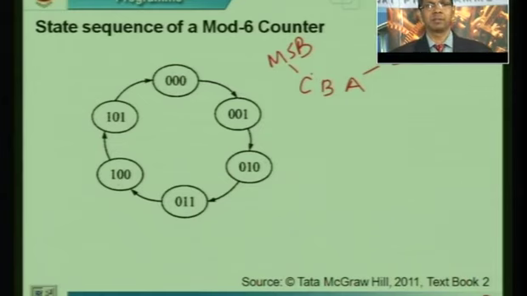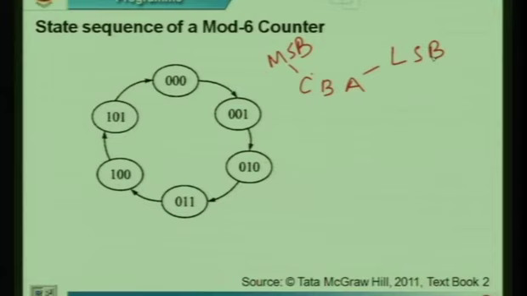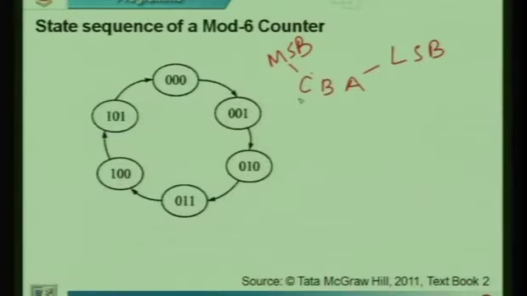Now each of these is nothing but a flip-flop. Let us say we use a JK flip-flop, which is the most versatile flip-flop, which ensures that it can never go into a runaway state. We do not have any race state in a JK flip-flop. It can either be in a memory state, set state, reset state, or it can be in a toggle mode. So if you consider each of C, B and A as one of the flip-flops, then we analyze the way they change states individually.